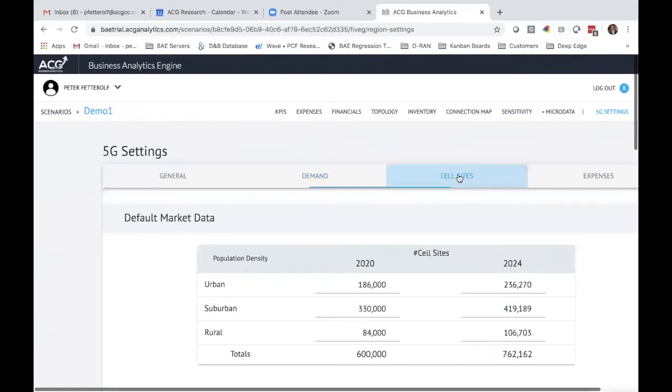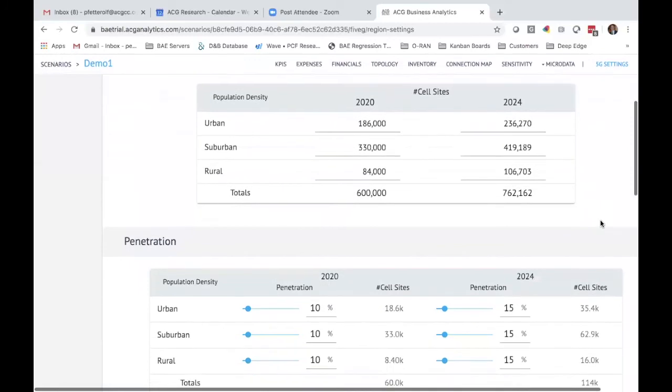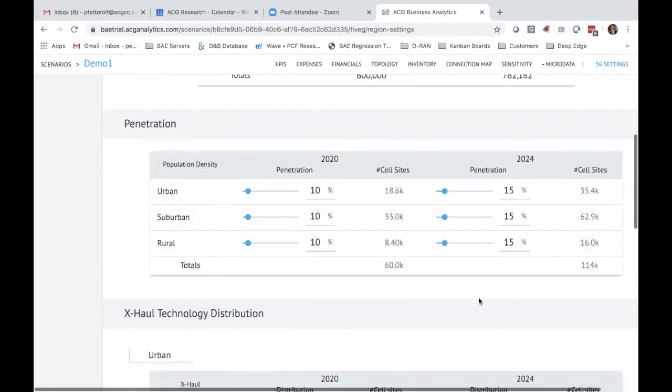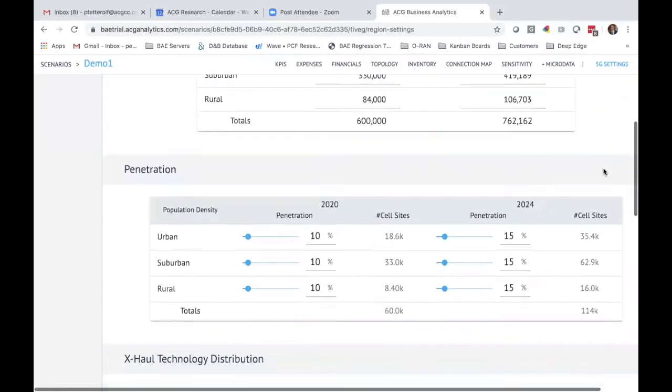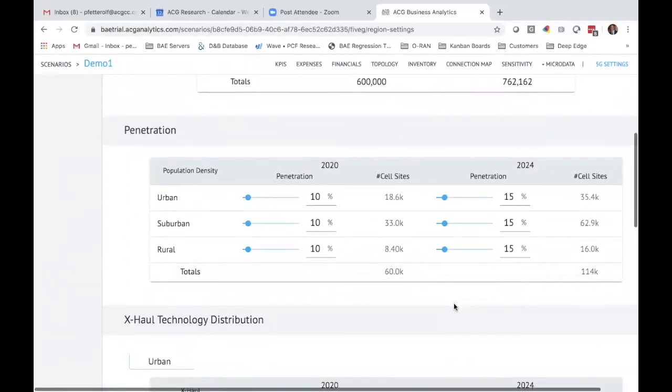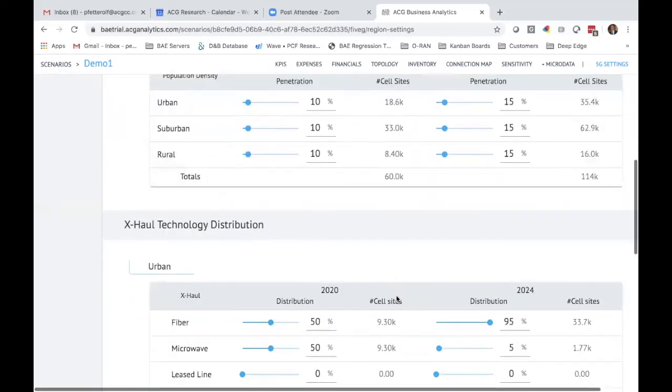Now the next piece of input is my cell sites. How many cell sites do I have in this particular region, this area? Again, these are all pre-populated with our templates. So we have cell sites again in urban, suburban, and rural areas, and again, penetration of those cell sites. For example, I might have X number of cell sites in Europe or North America. However, if I'm a service provider, I only have 10% or 50% or 30% of those cell sites. So it allows me to use my template, my ACG default data, but then customize that relative to my own